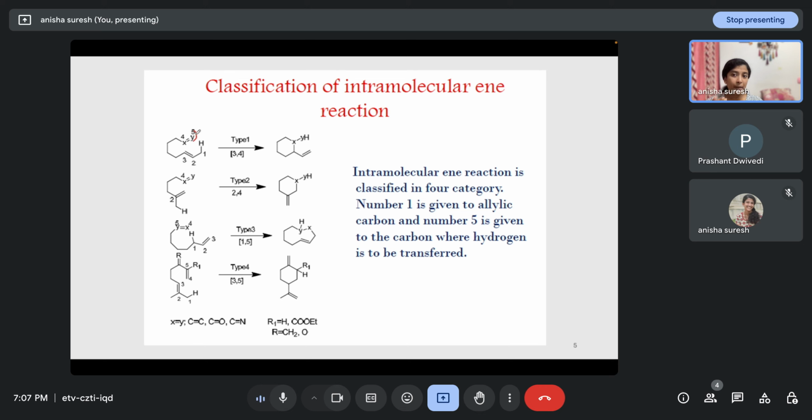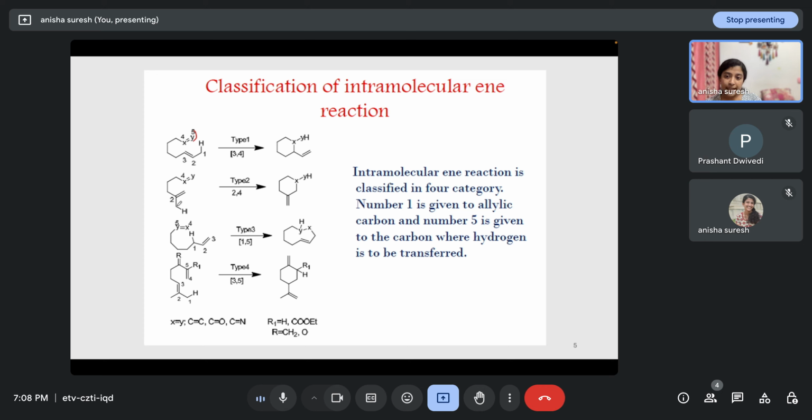So the number 5 will be given to the carbon where the hydrogen is transferred, and number 1 is given to the allylic carbon. So this is the allylic carbon. So number 1 is given to the allylic carbon. And when we see the tether, it is between carbon 3 and 4. So this is the type 1 intramolecular ene reaction, which is between carbon 3 and 4. The tether is between carbon 3 and 4. Now when we consider type 2,